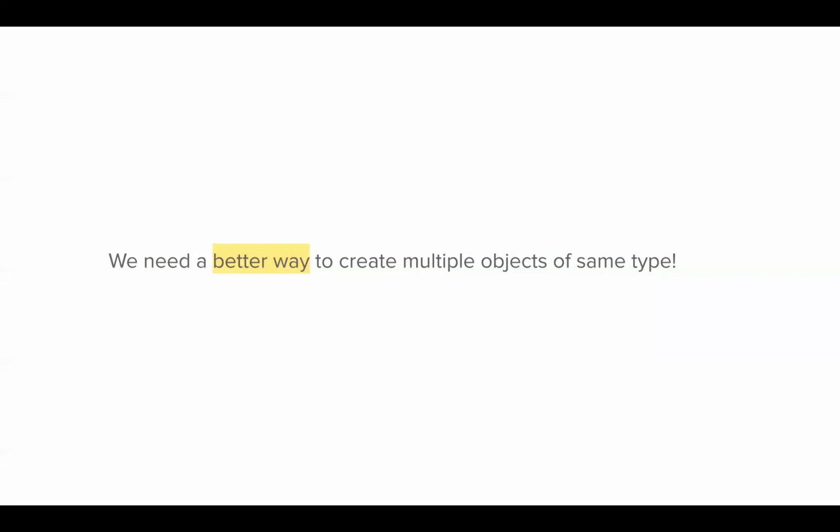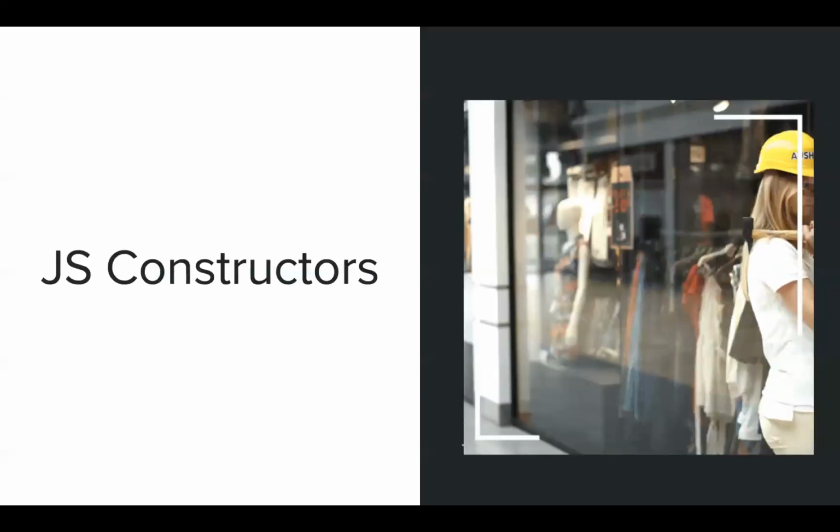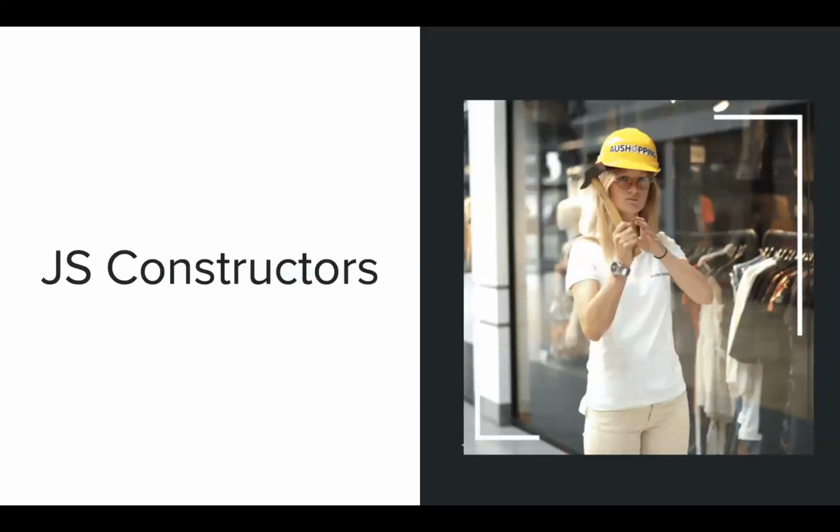By same type I mean having the same keys like name, age, city, just like we get through a form. The form will always have the same fields, and each person will go there and submit their data. The data will be different, but the structure of the form will always be the same. So in such cases, we have JavaScript constructors.